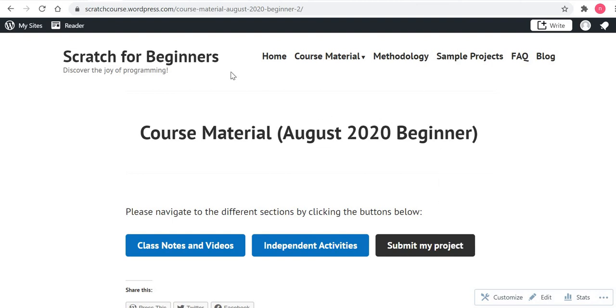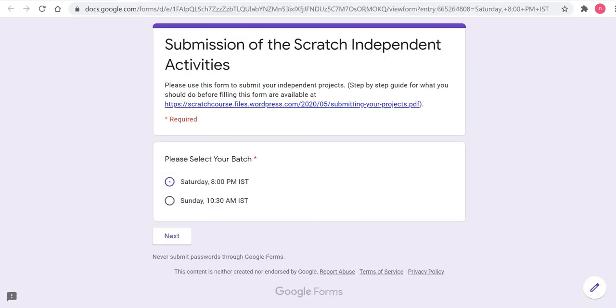Once you open this, you will get a form which will allow you to submit. Within this form, it's quite self-explanatory. We want you to select your batch. Let's say you selected Saturday 8 p.m. This list might change depending on our adding new batches and so on. However, select your batch and click next.